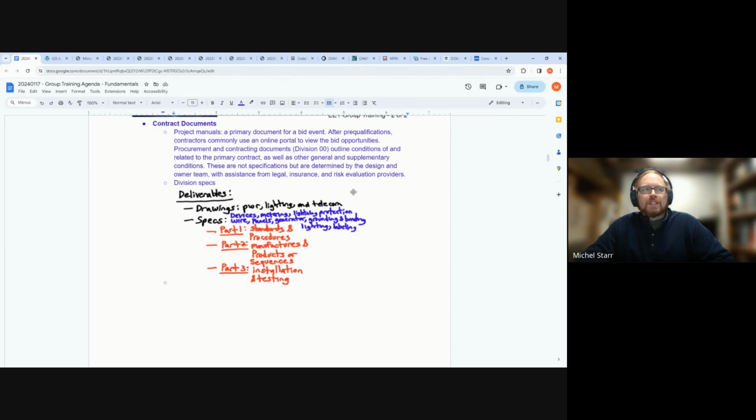For instance, you might have drawings for power and lighting or telecommunications, and then specifications. So you have a spec for each thing you need. If you need devices like receptacles, there'd be a specification for that. Lights, grounding and bonding. There's examples listed here, but each one of the specs is in a format